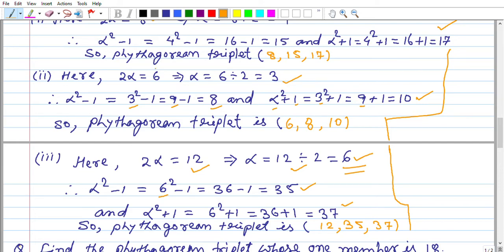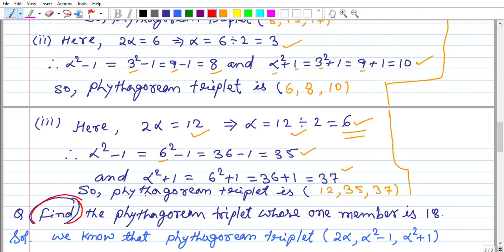What have I written here? Find. I have written find. So which step we will take for that? Suppose it contains 2 marks, then what we will do? You say that the answer comes, then why are you discussing that? So I have highlighted here the word find. Now see how I can solve it, and you also solve.